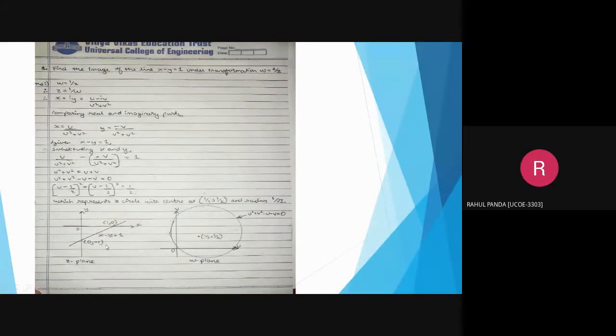So in the z plane, it will form a line, that is x minus y is equal to 1. After transforming into the w plane, we get a circle with center (1 by 2, 1 by 2), and the equation of the circle is u square plus v square minus u minus v is equal to 0. Next,